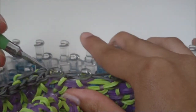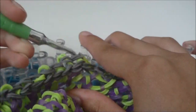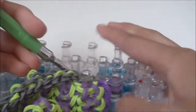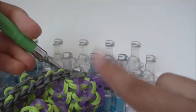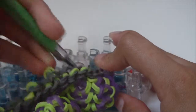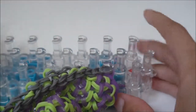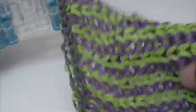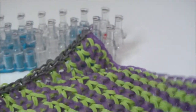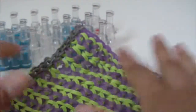I'm just kind of using my fingers now at this point. I guess I'm going to go ahead and pick up my hook. Oh, wow, it's actually a lot easier with my hook. Just go, woo! So see these last bands here? I'm going to go ahead and hold my finger over them so that they don't come off on purpose. There we go. And now, as you can see, you have this huge sheet of dragon scale just sitting here,